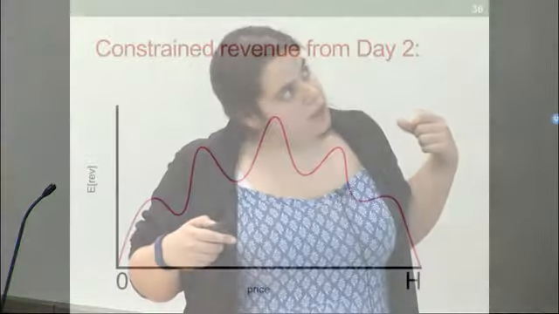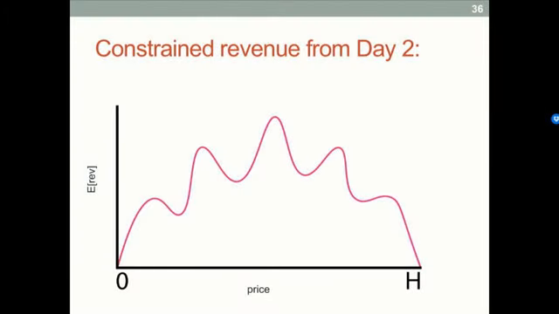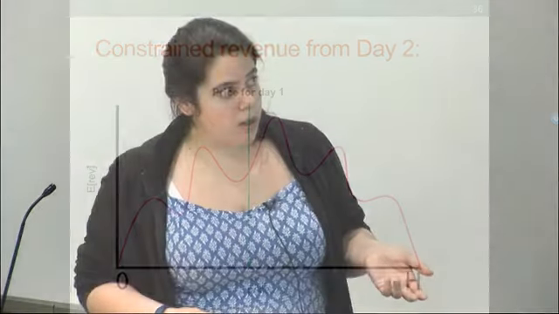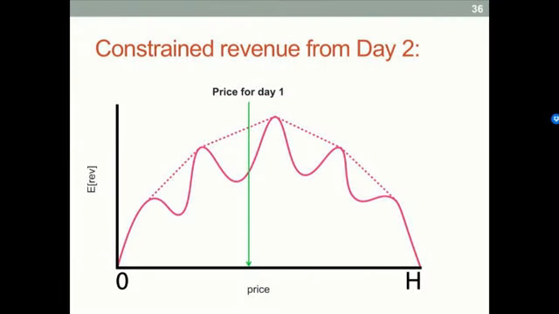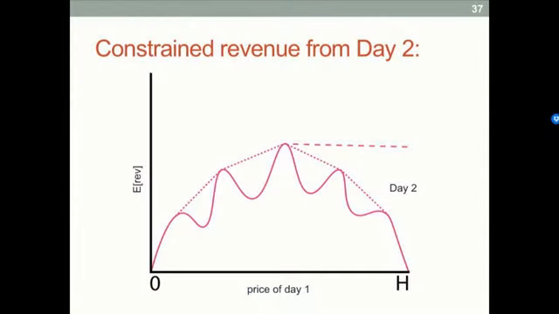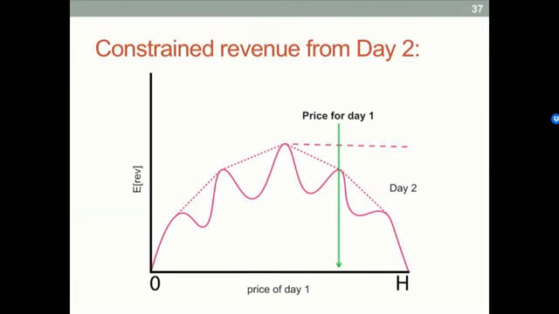So what is the revenue we can get from customers who have a deadline of day 2, given that we set a specific price on day 1? Say this is our price for day 1. You know that you need to set a cheaper price on day 2, which would be here, but we also learned that we can use ironing. So actually the best thing to do is just to set the price right there. We already reasoned about this, which means that we can come up with this function, which is exactly our best revenue from day 2, given whatever price we set on day 1. Because if we set a price over here, then the best thing to do is just to set the best price on day 2, which is cheaper, so we can get this revenue from any point past the best price on day 2.